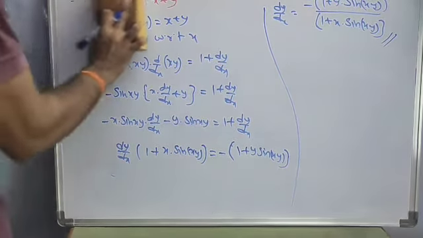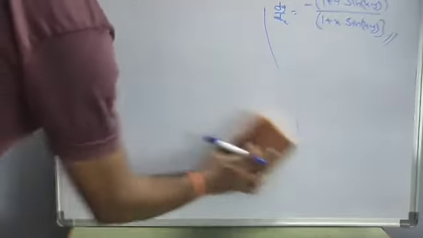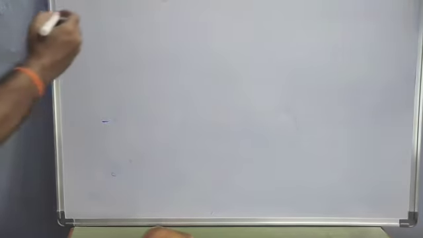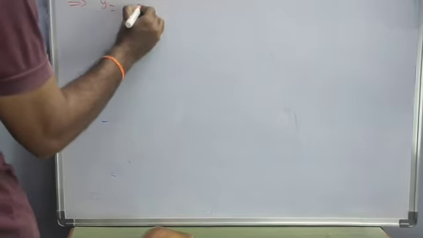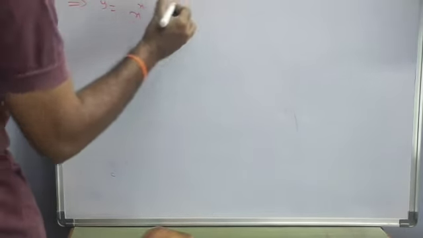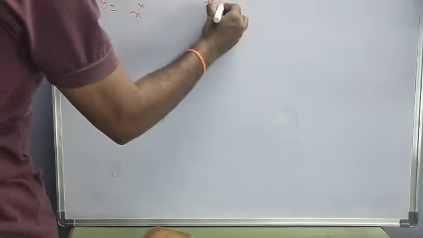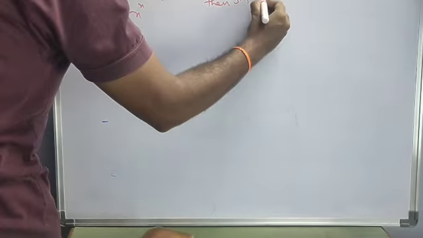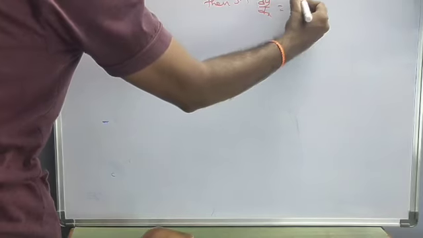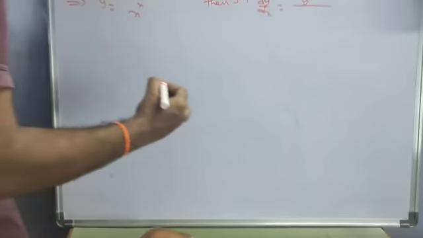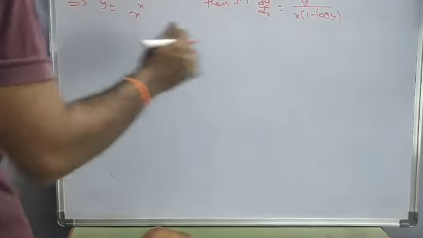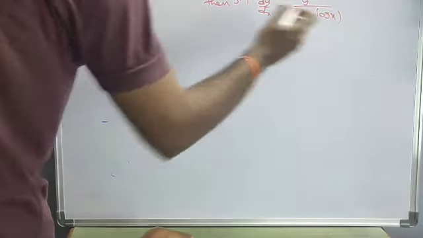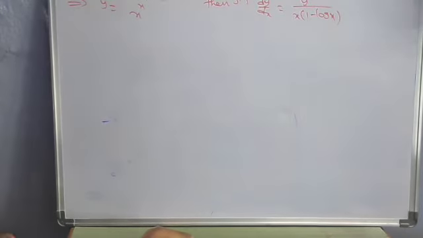Okay, right. Next, I will take another problem. y equal to x to the power of x to the power of x to the power of, and so on to infinite terms. Then show that dy by dx equals y square by x into 1 minus log y, not log y, log x. Okay, so this is our problem.